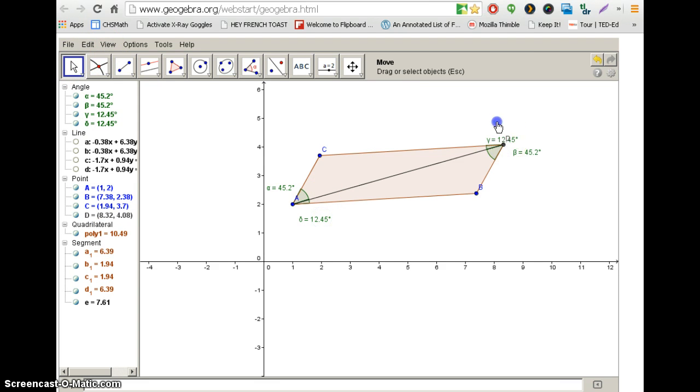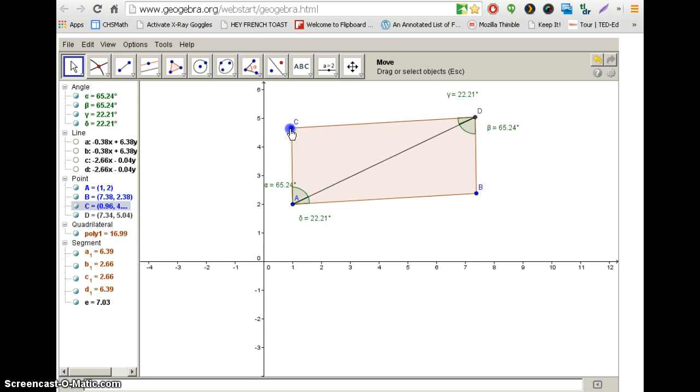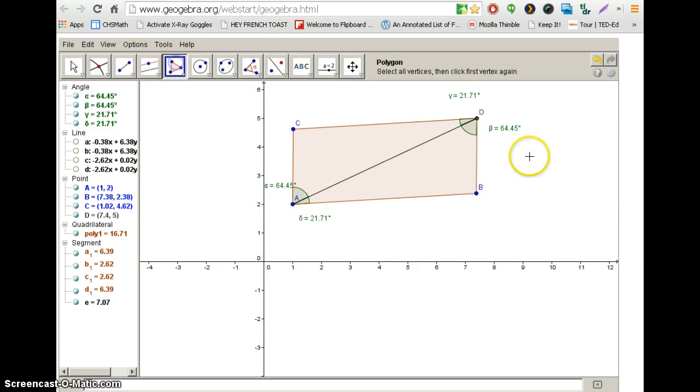So, we're verifying. We actually already know that alternate interior angles of parallel lines are always congruent. But we can see it again here inside of a quadrilateral, right? Whatever this angle measures is going to be the same as that angle. Whatever this angle measures is going to be the same as this angle. That's kind of cool. I'm going to create here a triangle,